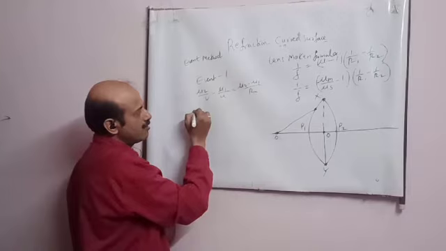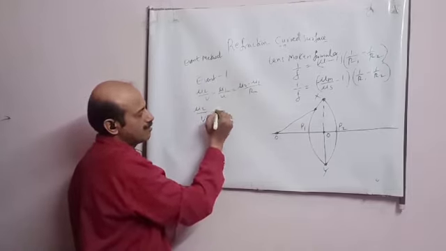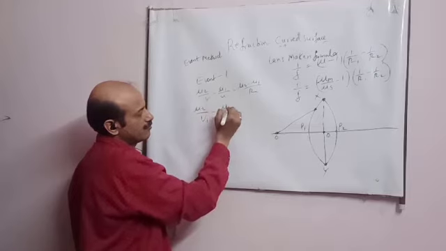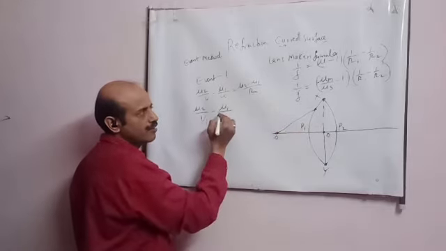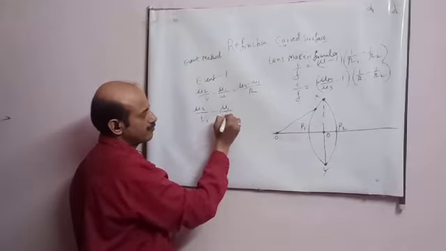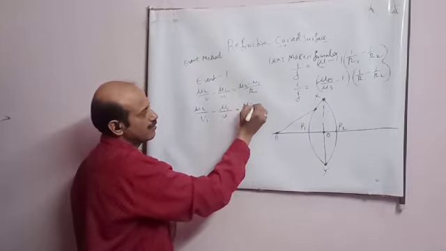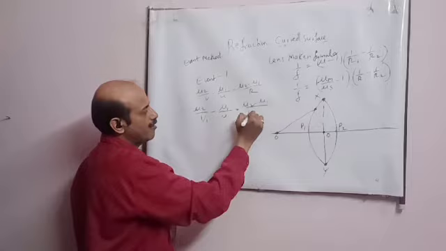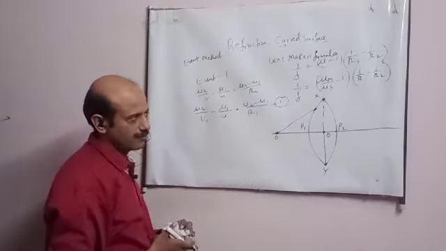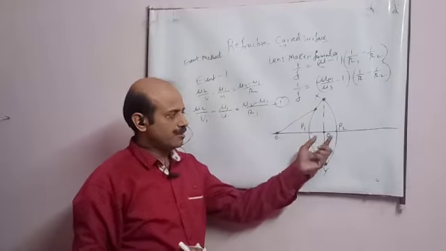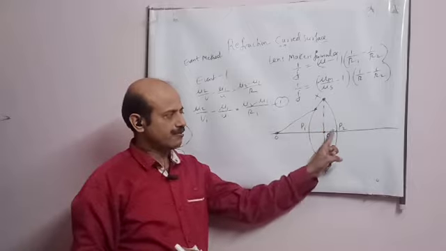For this the image I am writing V1 minus mu1 upon object distance, student, is equal to mu2 minus mu1 upon R1. This is the first equation, student. Remember, student, this is a very thin lens. So distance from here will be taken as the same as distance from this.